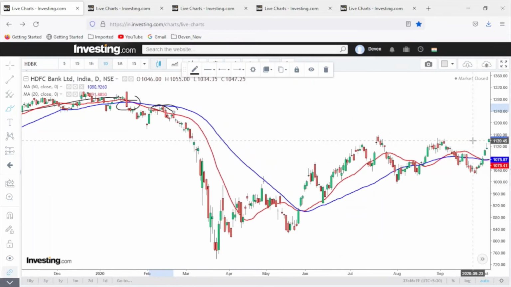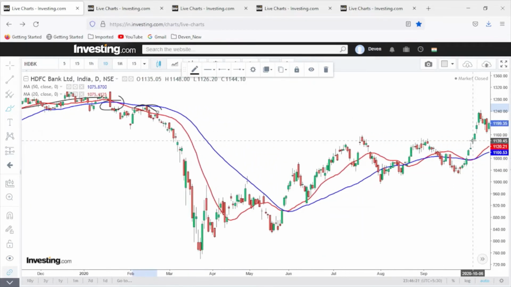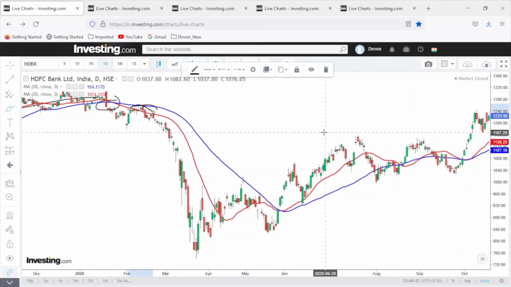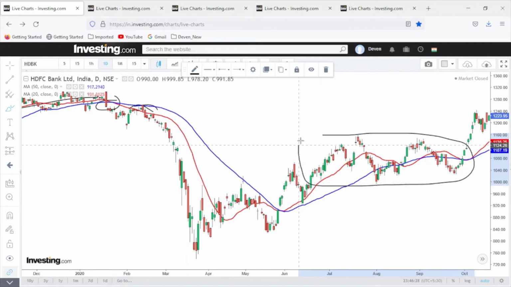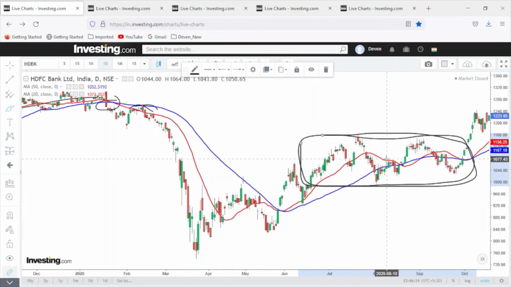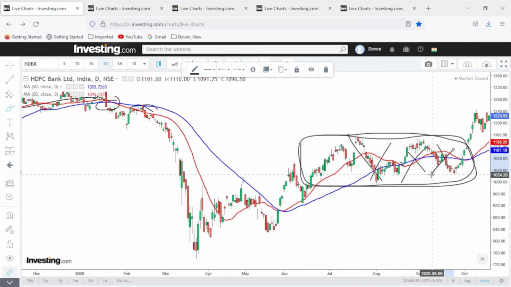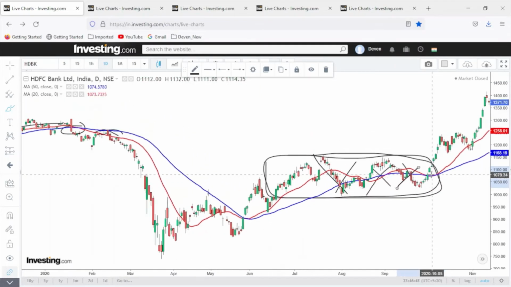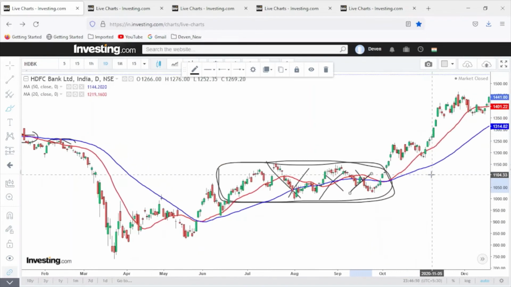See, in this particular duration, the market was sideways, in a very range bound direction. It was not going anywhere, right? That's the reason why moving averages will sometimes give you false signals also. So we have to ignore it. When the market is sideways, we do not use moving averages. Don't forget this rule.